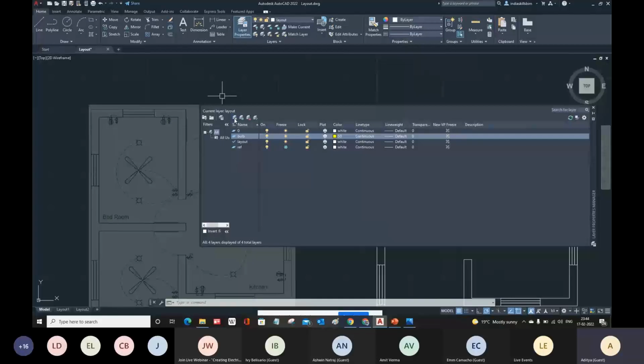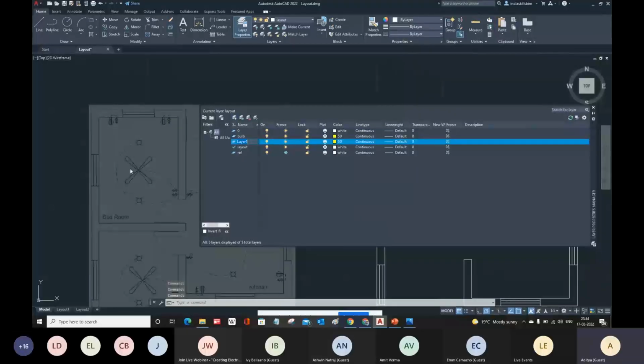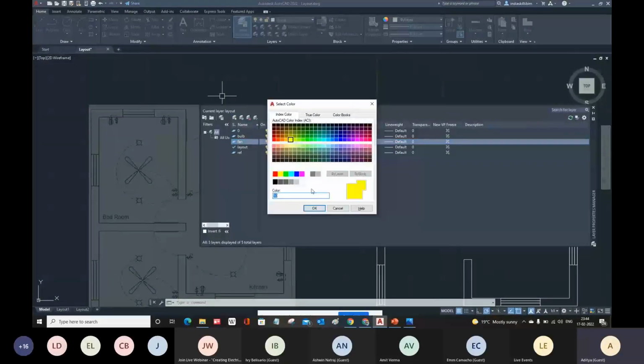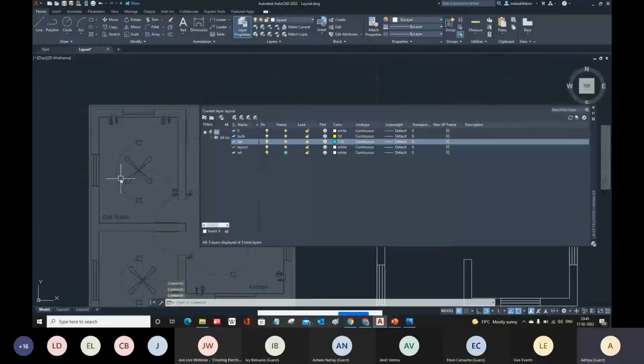Again, create another layer. And this time I have a fan. So I can simply make it a fan, and then color for the fan. So let us make it something white, or white is already a default color. So I'm just going to make it something like cyan. And then for these hidden lines, so these are going to be a kind of wires. So I can get another layer of wire.